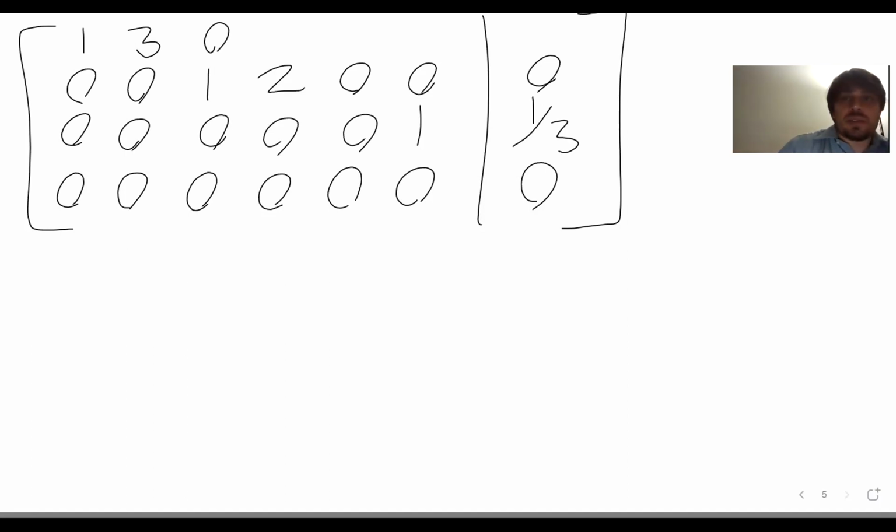1, 3, 0. I don't know if you can see the whiteboard, right? Okay, so 1, 3, 0, 4, 2, 0, 0. So now we have this matrix. This is the top bracket there. Okay, so now,